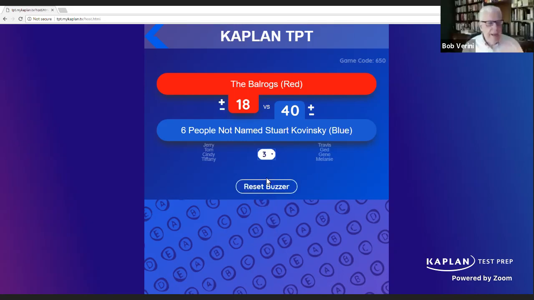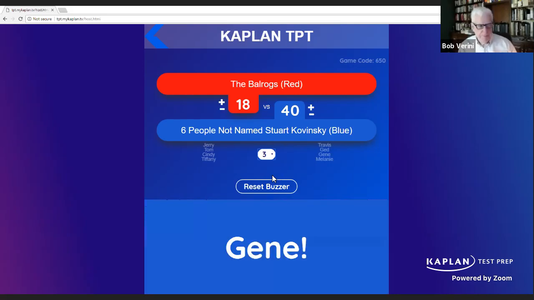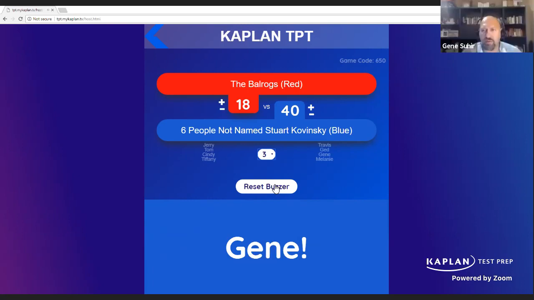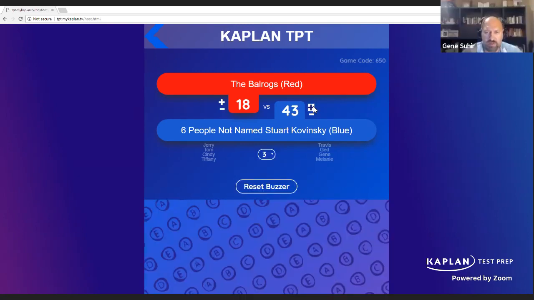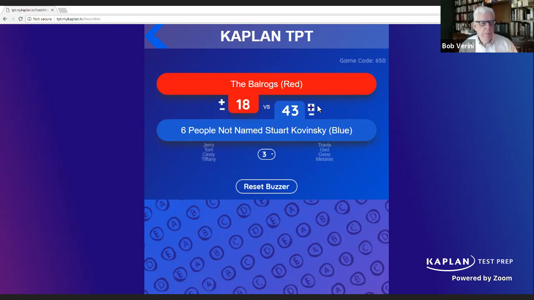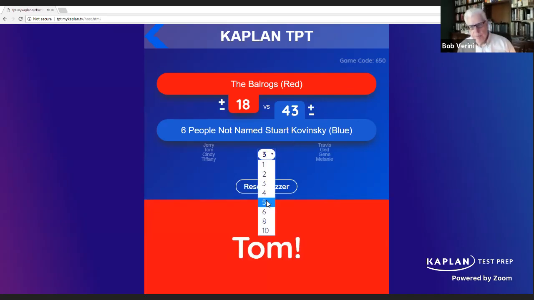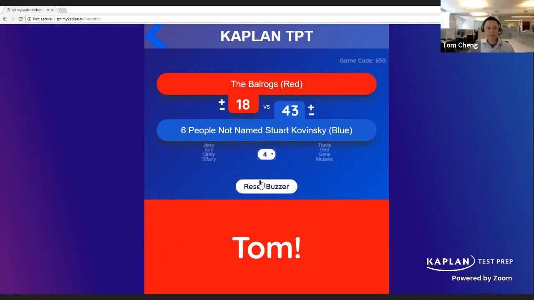This and that for 3. A half pint, or 8 ounces, is equal to this many cups. Gene? That's 1 cup. 1 cup is right, and Gene is out of this category. For 4 points. You get an A if you know this largest Dutch city is crisscrossed by dozens of canals. Tom? Amsterdam. Amsterdam is right for 4.